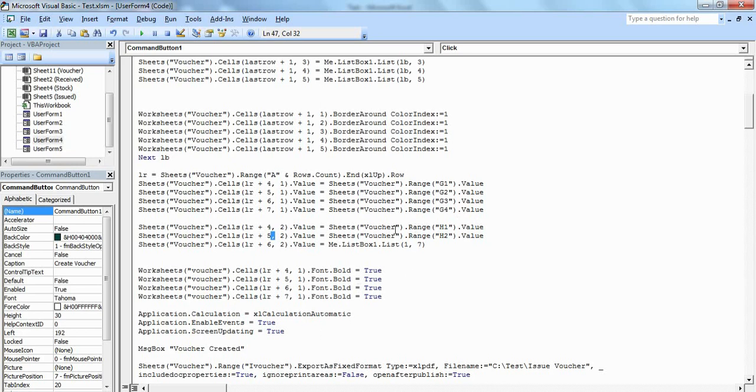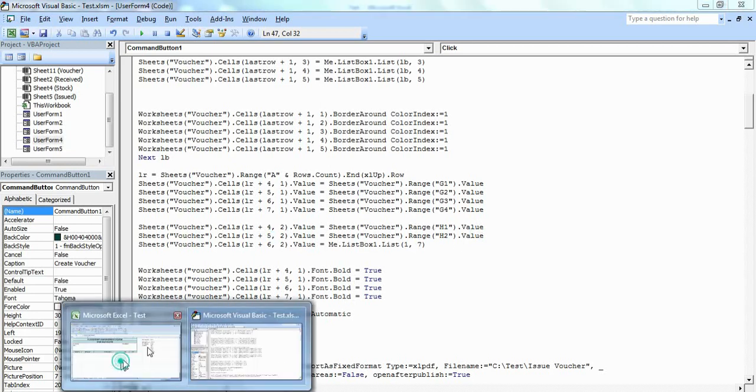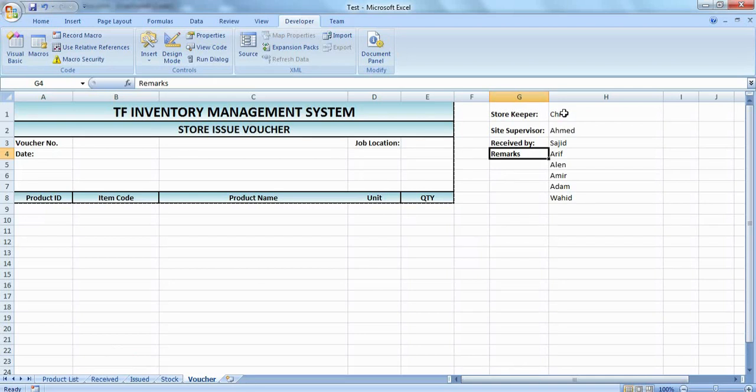So here you can see I give column number 2, and here I type H1, H2, because this data is coming from H1 and H2. Storekeeper is Chris and site supervisor Ahmed. So first, because here designation is mentioned, here the names of the people whose designations are mentioned will be displayed here, okay.